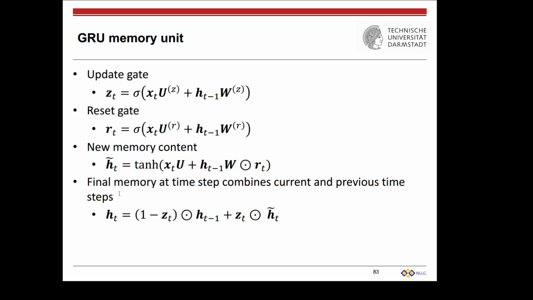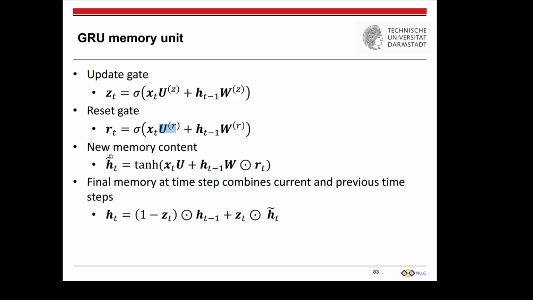So what does a GRU memory unit look like? It takes as input xt and ht minus 1, just as a standard hidden unit in a standard RNN. But it feeds them through two gates, and the first gate is called the update gate, the second one is the reset gate. They look totally identical, except they have different parameter matrices. And keep in mind, these parameter matrices are going to be learned by the model, right? We're not going to set them, but the model is going to learn these. Once we have computed zt and rt,